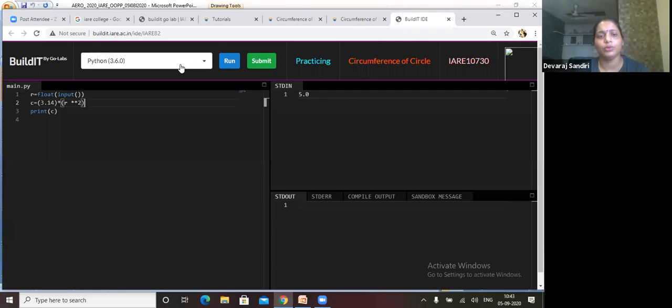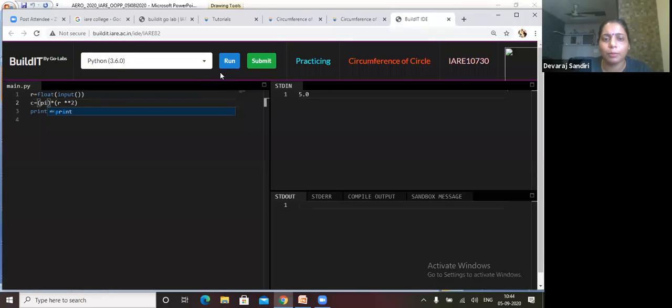Some differentiate you will find out. This is Python 3.6, maybe it is accepting 3.6. This py is not accepting, some other way it is accepting, but see what the problem it is showing when I am writing here py main, from main dot py it is not accepting, that only output error it is showing. See here, what is the error?